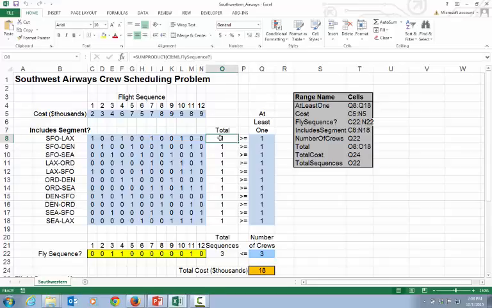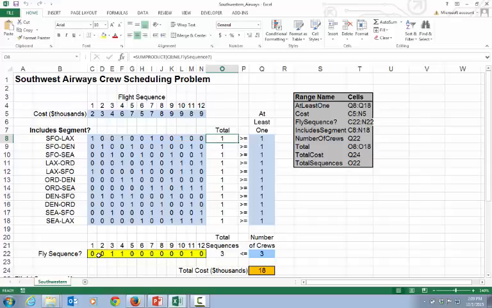So, does this include, or the sum product of this row times the decision variables, which are the ones that you've actually chosen, that must equal, the sum product of those two gives us a value here in